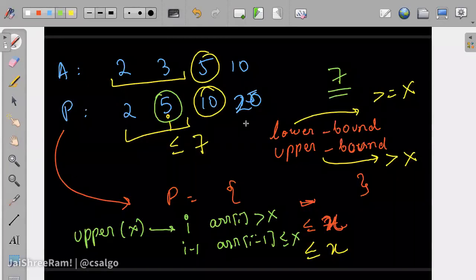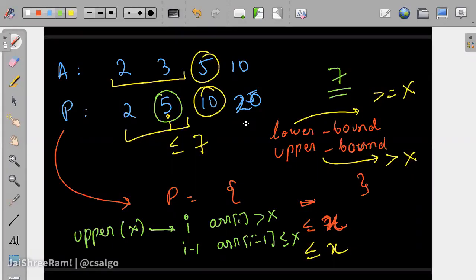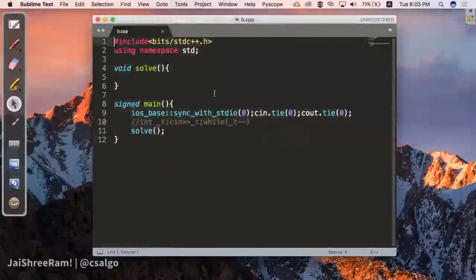If you take the index plus 1, that's a good idea. Star of upper bound minus 1, no, that's not correct, because upper bound returns an iterator. So let me quickly write it. Is the screen visible to all?